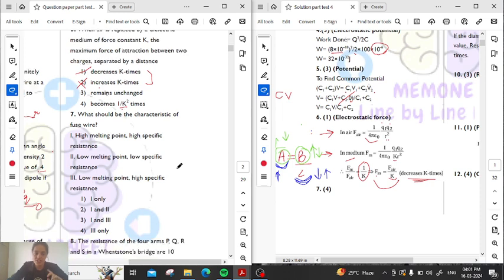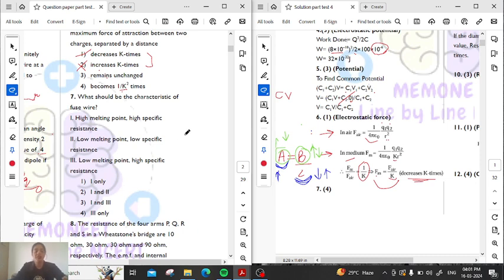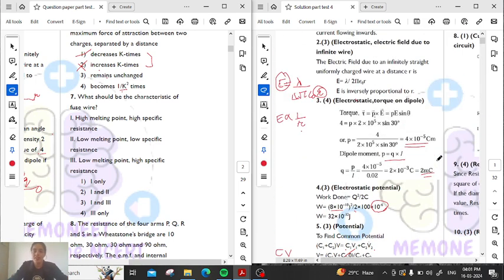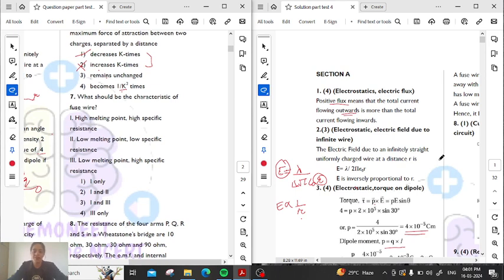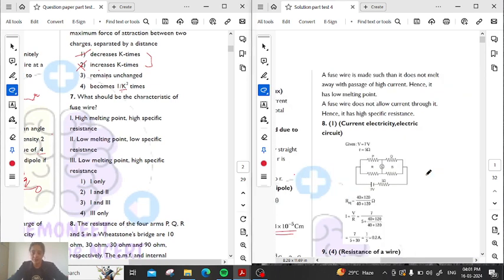That is question number 7. What should be the characteristics of the fuse wire? Now we know that we have a fuse wire everywhere in our homes also. Okay, if you have never seen it, just go and have a look at the fuse wire. हर किसी के घर में रहता है. ठीक है? So what does this fuse wire do? Fuse wire basically